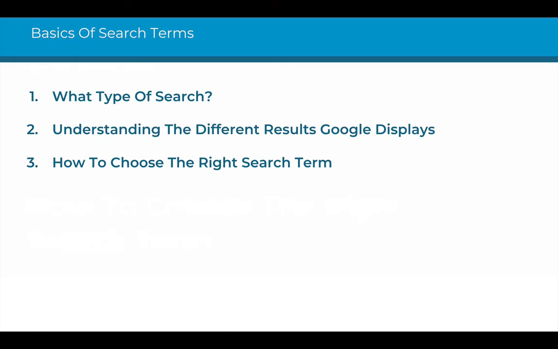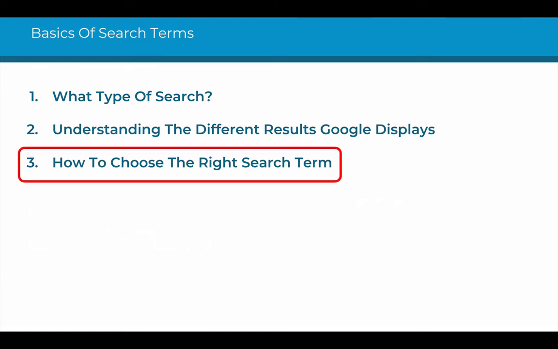So the very first week, just to recap, we covered what type of search, and that was really about understanding the different categories of how people actually search on Google. Then in the second week, we covered understanding the different results that Google displays. Really important because there are 3 different ways as a local service business that you can really appear on Google. And then lastly, this week, we've gotten to the juicy stuff, the pointy end, how to choose the right search